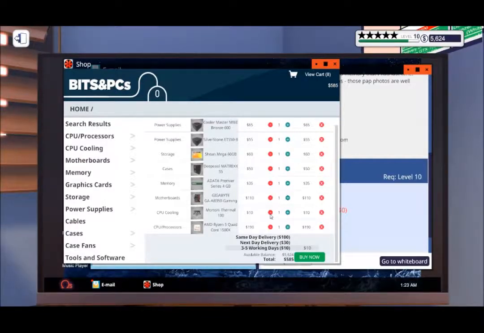190 plus 10 plus 110 plus that plus 50 plus 60 plus 55. Ooh, actually, I'm over. I'm over by $10. Really? Well, son of a bitch. How am I over? Did I put something in wrong? 190, 10, 110, 35, 50, 60, and 55. Well, you know what that means, in my opinion. We can...